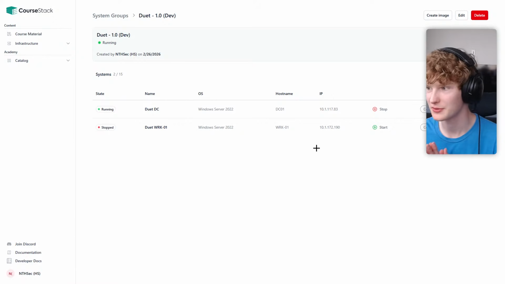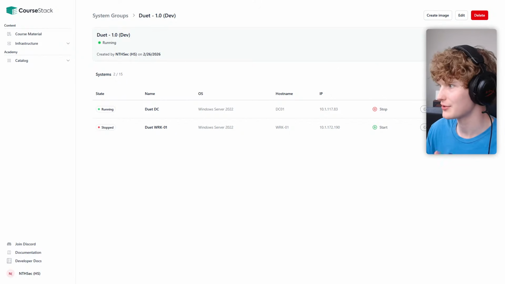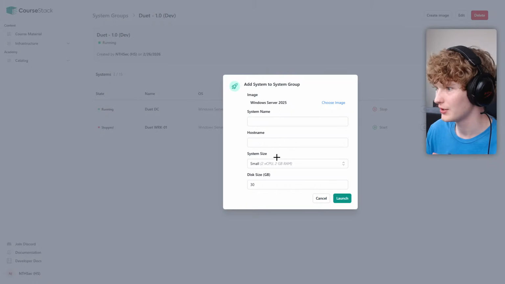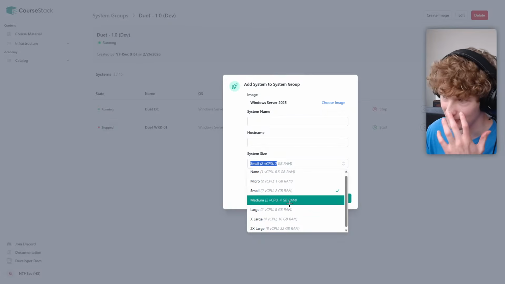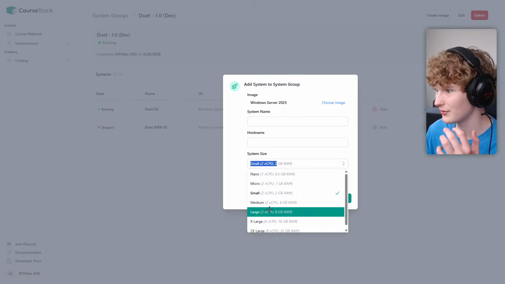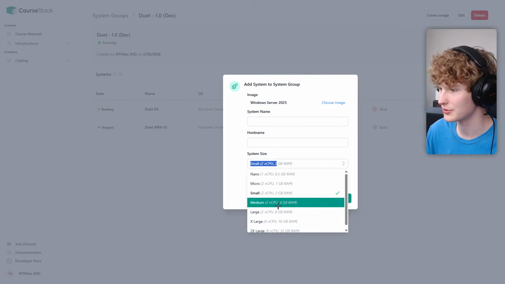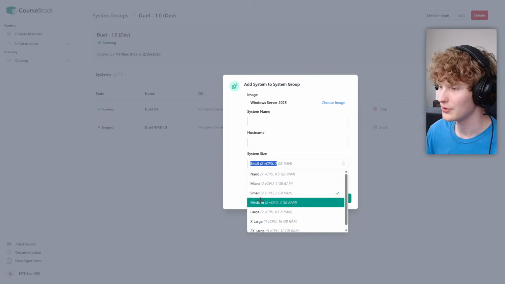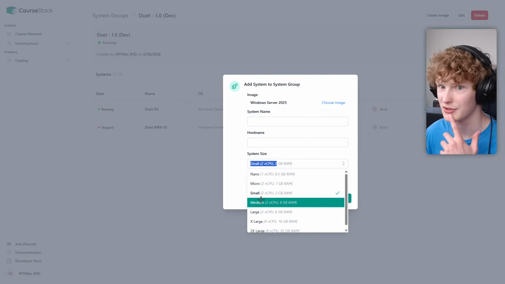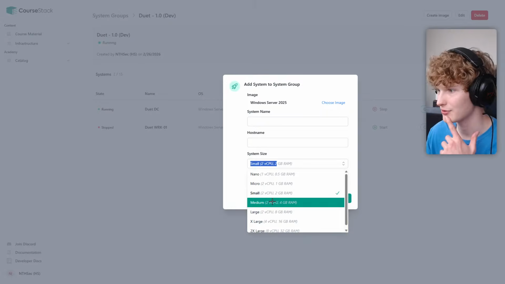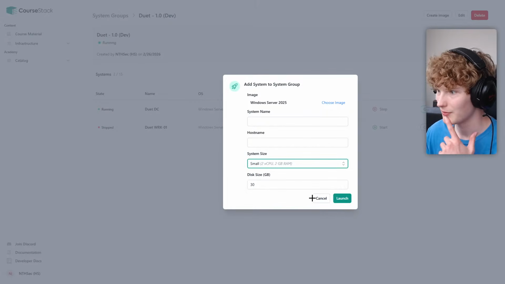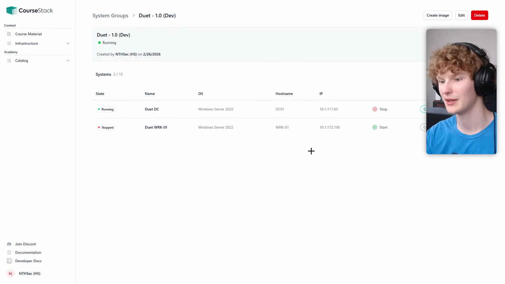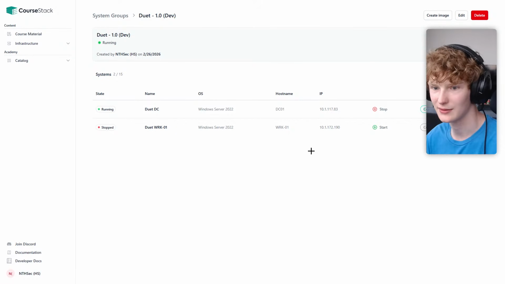How do the resources look on those machines? I think you can actually choose the resources. I guess we'll just do it here. Like Windows, add a new server. You can choose the size of the system here. I believe I chose medium or large for the domain controller and medium for the workstation. I forget which, but you can choose what you need. I should have plenty of resources. I'll let it spin up for a while and then I'll connect in a few minutes.